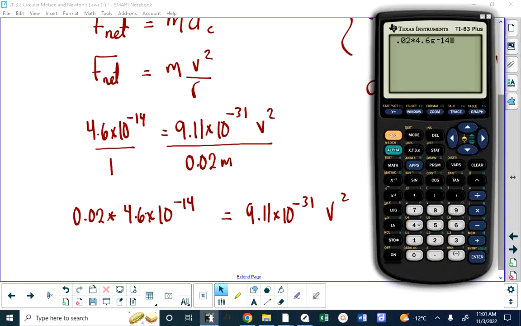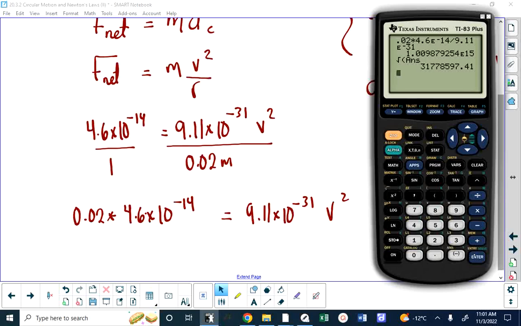It is good. And I need to divide by the mass of the electron, 9.11 times 10 to the negative 31, I was told. So just double check. I'm multiplying those two numbers and dividing by the mass, and I hit equals, but I need to take the square root. Okay, this is just v squared. So if I take the square root of that answer, I get